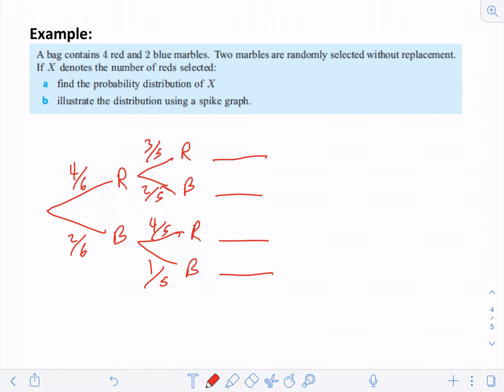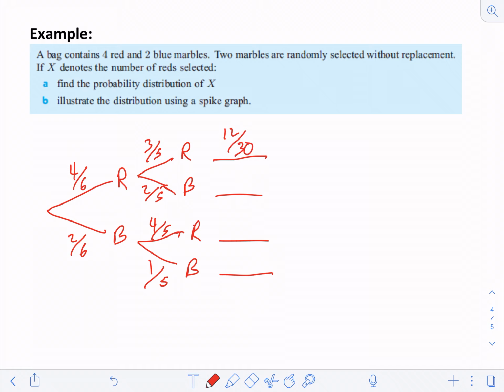And what do I do to get my final probabilities of each of these outcomes? We multiply the probabilities together, right? So 4/6 times 3/5, and 4/6 times 2/5, and 2/6 times 4/5, and 2/6 times 1/5, right? All the way down. So let's start with this one. So 4/6 times 3/5, that's going to be 12 over 30,